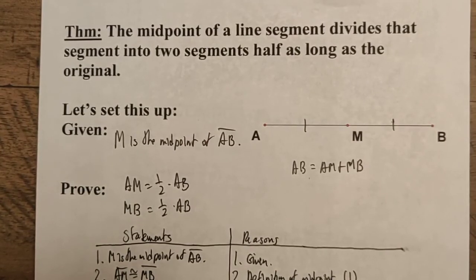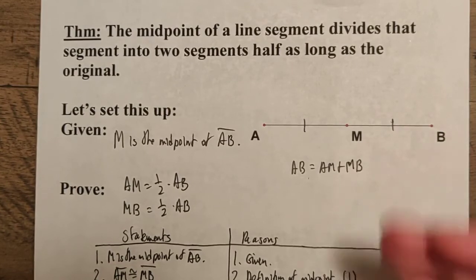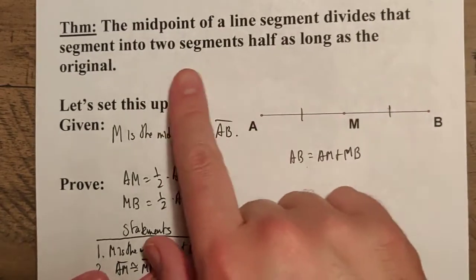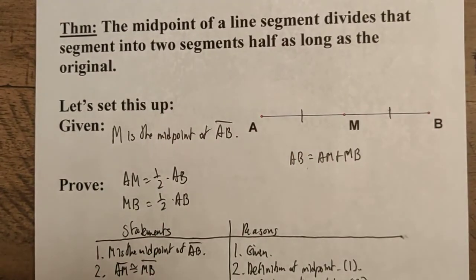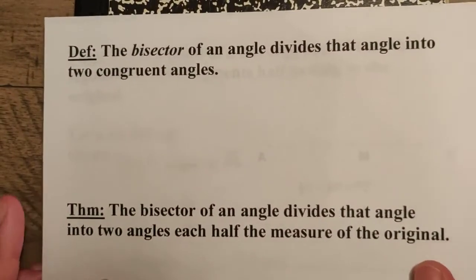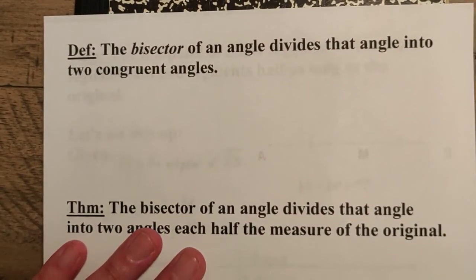And you're going to see that we're actually going to do this in future examples here. In one of the future examples, we're going to see that this is going to be something we'll use. Okay? Now, note that this works for midpoints here, but this also works for angles as well, right? So for instance, we can also mention the fact that we have an angle bisector here, right? So if I've got an angle like so,